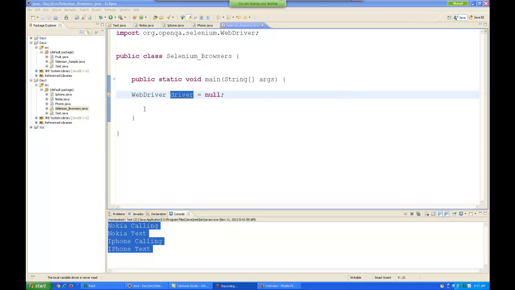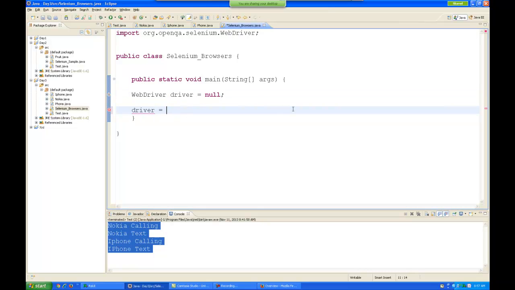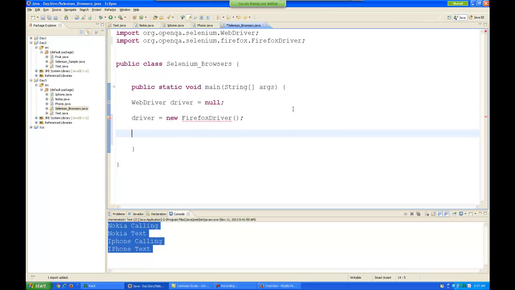Now depending on our requirement, we can make the driver point towards new Firefox driver, or we can make the driver point to new Chrome driver or new iDriver, Android driver, anything